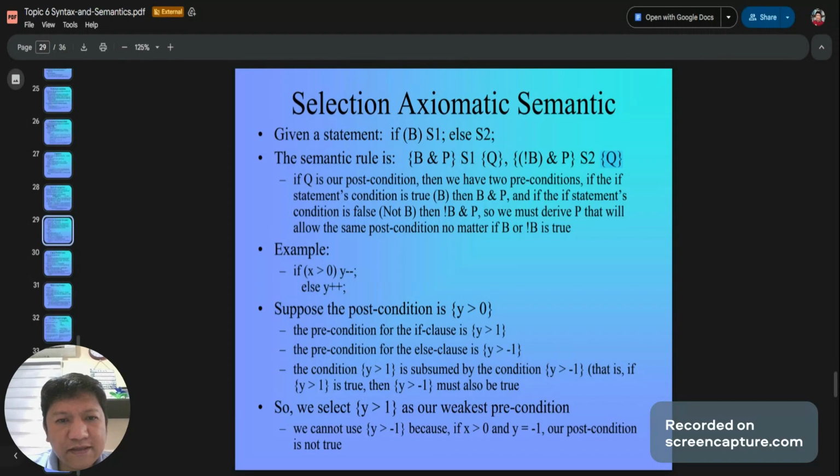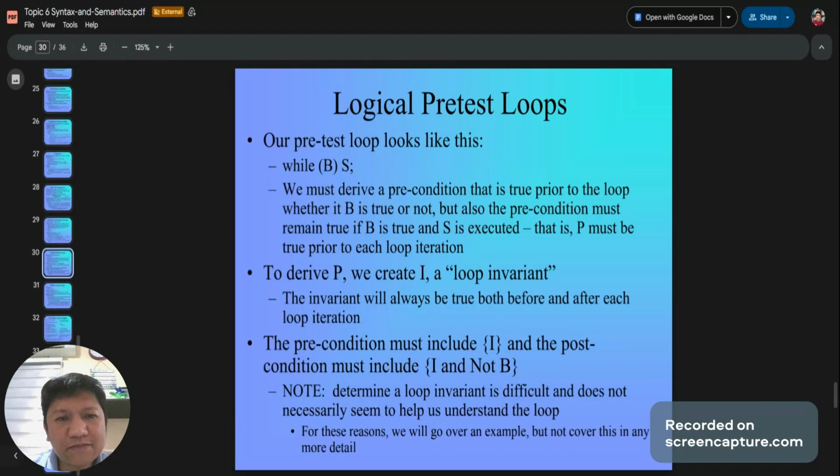If the if statement condition is true, B, then B and P, and if the if statement's condition is false, not B, then not B and P. Okay? So we must derive P that will allow the same postcondition no matter B or not B is true.